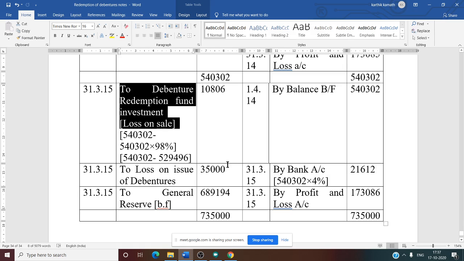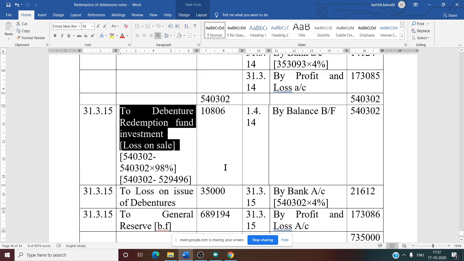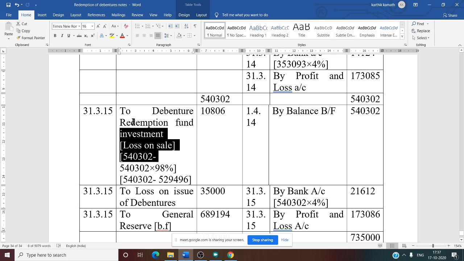So that is the journal entry when there is a loss. So directly, if we write by debenture redemption fund investment account, of course transfer entry will be 2. That means credit side of the investment account becomes debit side of the DRF account. That is why here debenture redemption fund investment loss on sale, that is